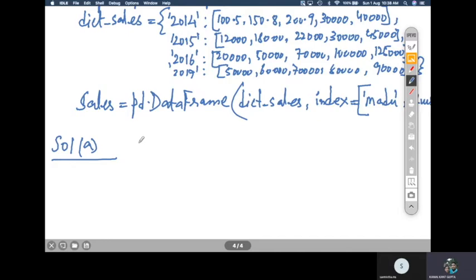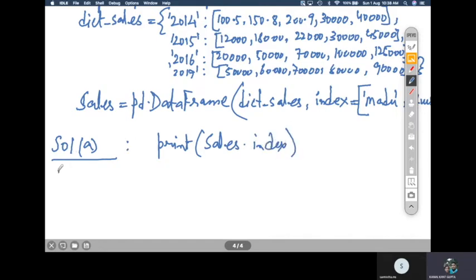To display the row labels of the data frame, you need to use the index. So the first solution will be, you have to simply write print sales dot index. Sales dot index will give all the row labels, right?